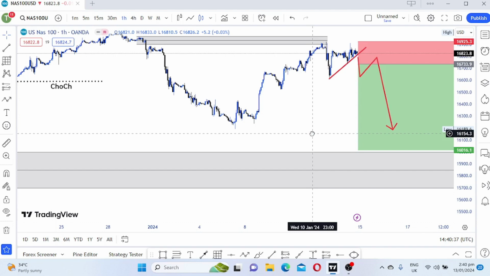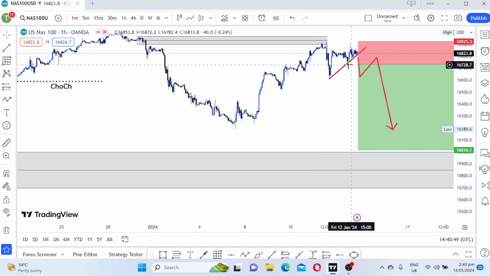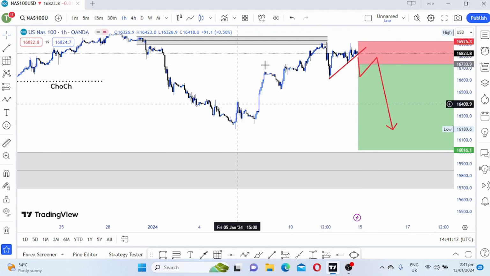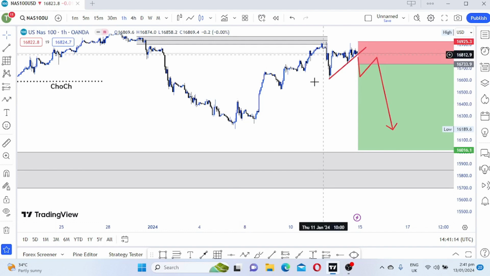But for me, I'll enter aggressively once we get a breakout of this zone. If we just break out of this low, then I'll enter aggressively, targeting this low here, targeting this demand zone which is below here. That's where I will enter my last TP. But for now, as you can see, we are in an uptrend, but we already tapped into this supply